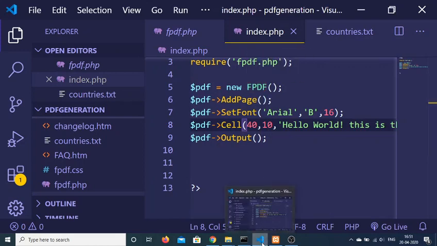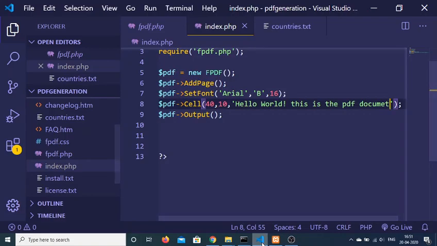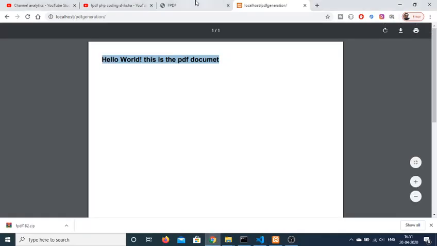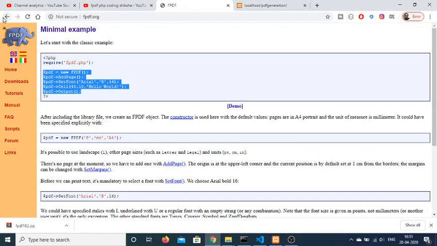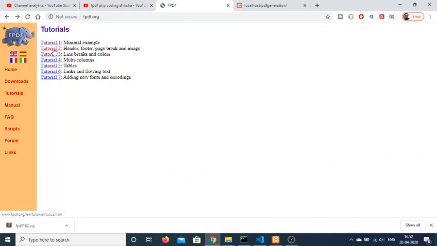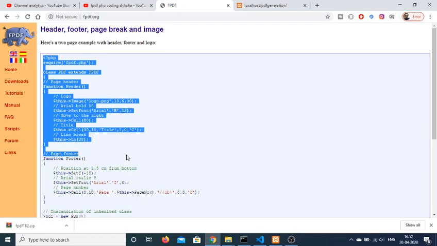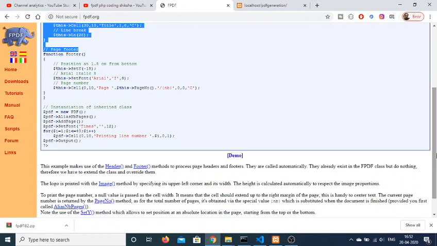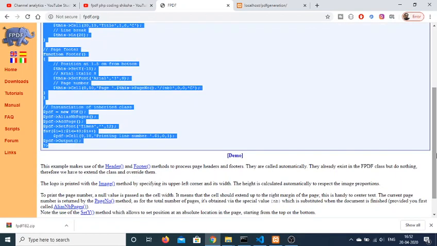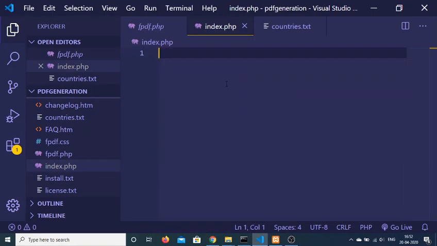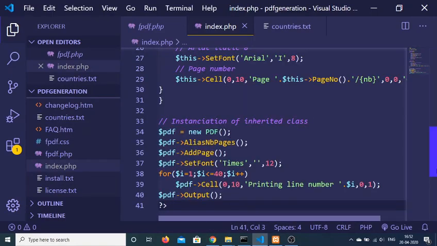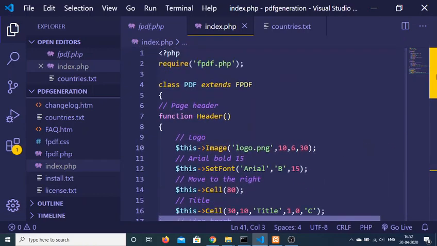Now the second example that I will show you, it is very simple to add images also. Click on tutorial 2, and you just need to copy paste all this code here. Paste it, and now it is adding images as well.